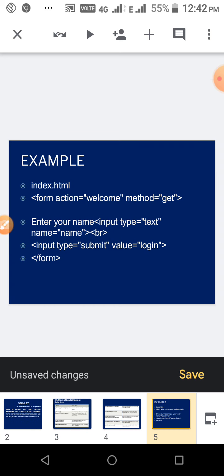We saw in the loan program how we can calculate the loan for an employee, and how to calculate the bonus percentage. Same like this example, here also in that form we are creating a design. First we are creating two files. First one is index.html, which you get by creating a new project. In that you have to write form action equal to welcome, where welcome is the name of the servlet you are going to create, and method equal to get. Here we are giving one text box and a submit button.